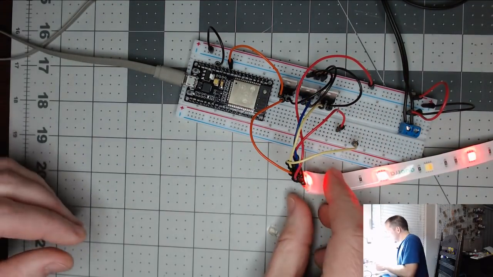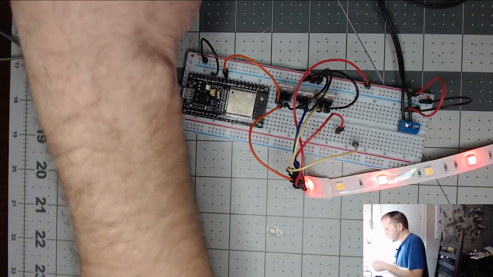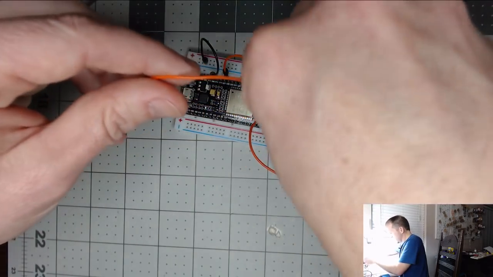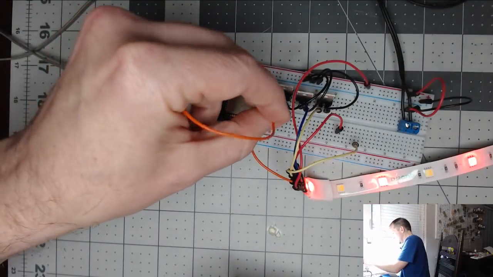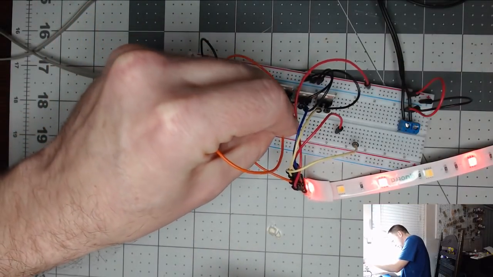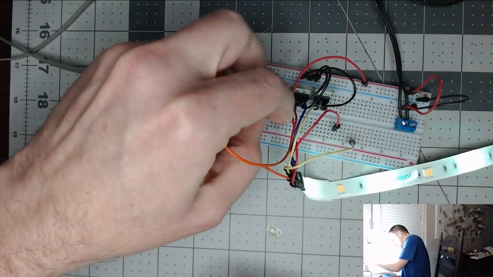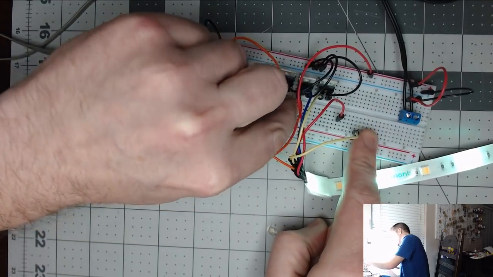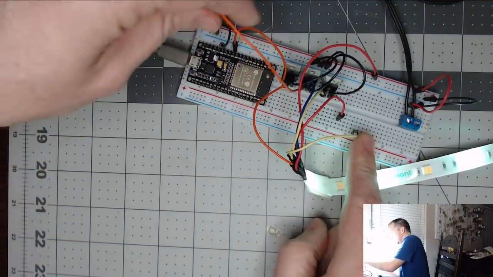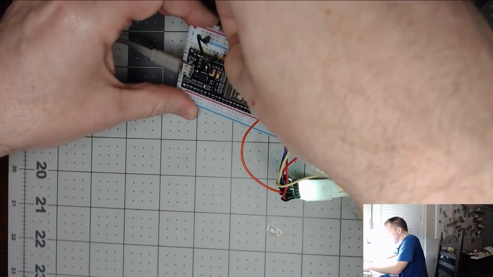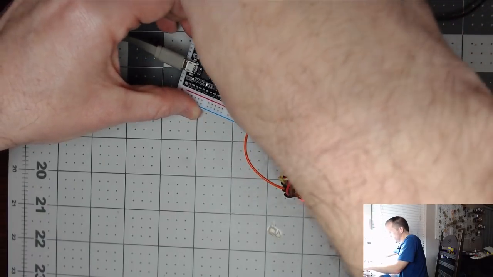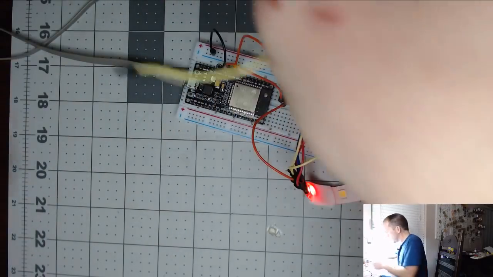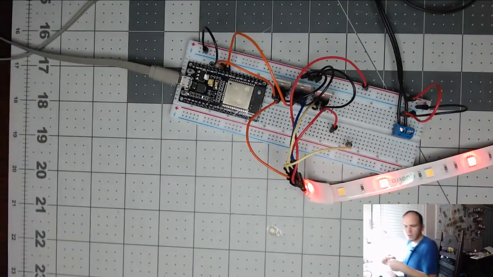So we need 2 more wires. Let's see if we can play Jenga for this thing. And that goes to 26. And we get one more. What was the other one we did?